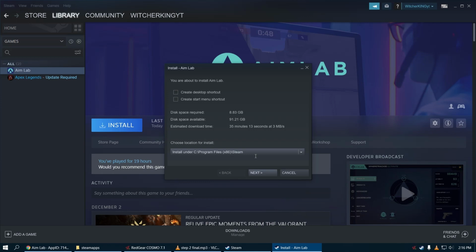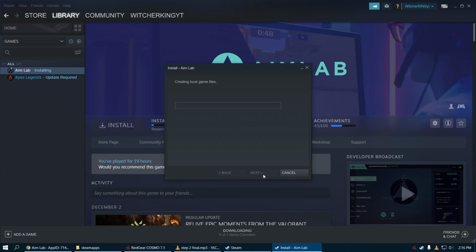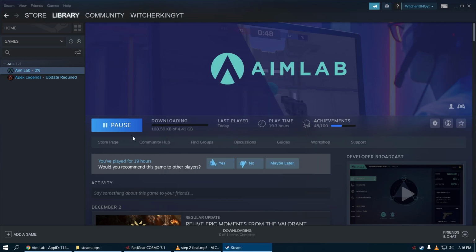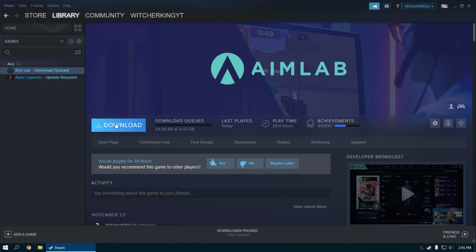Press next, then finish, and let it download at least 50 MB data minimum, so it can create all the files and our app manifest file will be there with right configurations in it. That is very important. And after 50 MB is downloaded, you can pause the download.